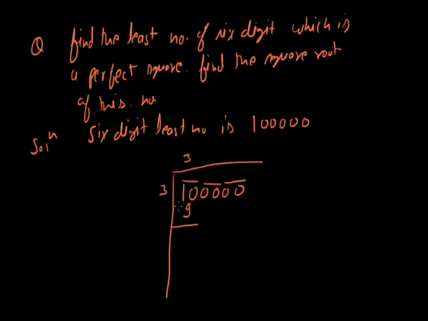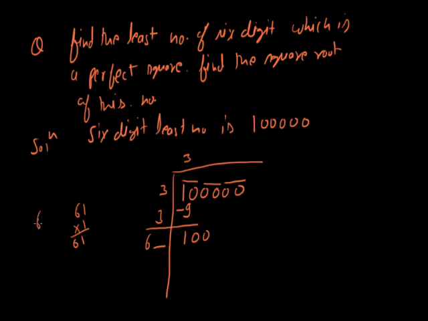So we have to subtract 9 from 10. What we get? That is 1. And we have to copy the next period, that is 0, 0. Now to 3 we are adding 3. Now 3 plus 3 is 6. 6 with a blank. Now here we have to put a digit. Let's say if I put 1, so I have to multiply by 1 only, so it becomes 61.